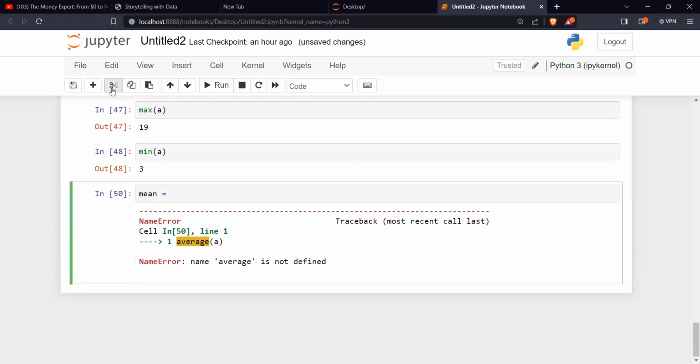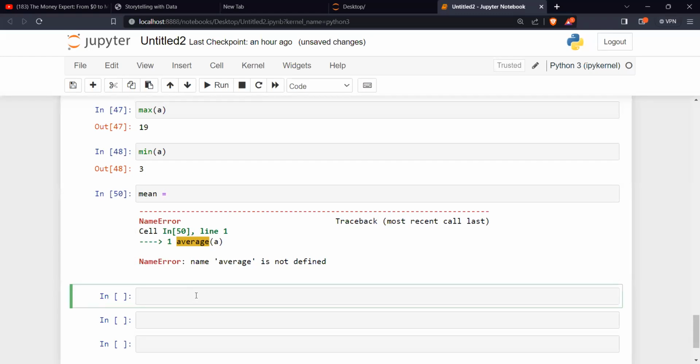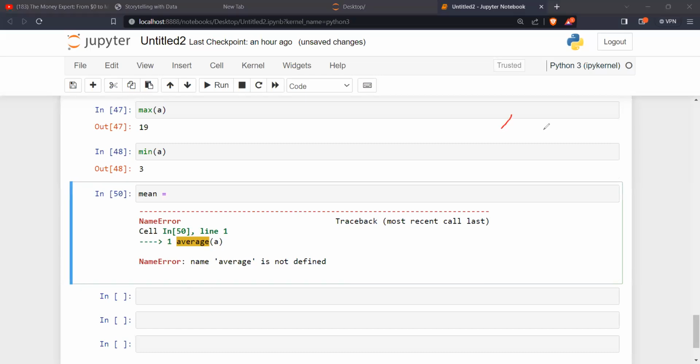This is basic mathematics: if I have the numbers, summation of x divided by n. So the mean is equals to the sum of A divided by the count of A.